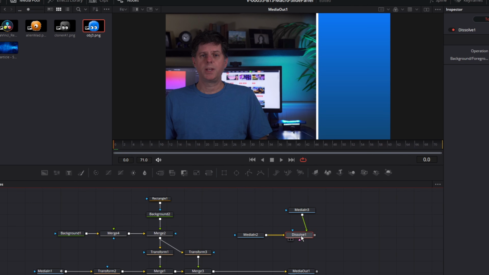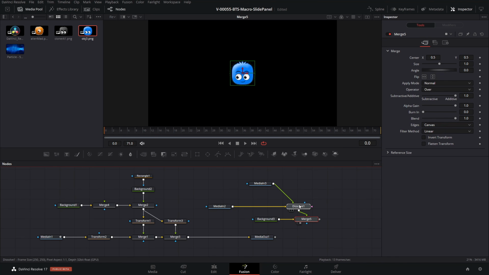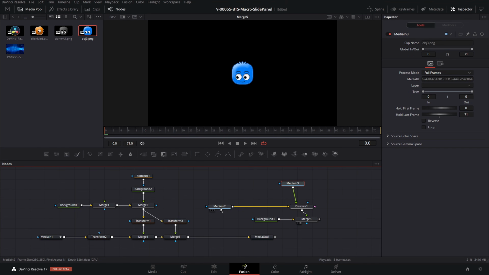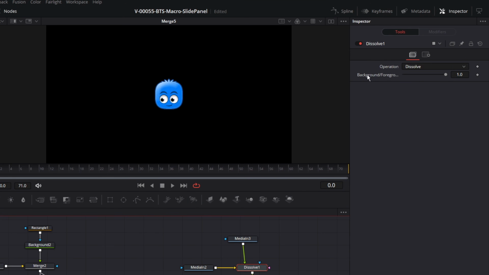And let's put that up in the viewer and put it on top of a background here. This is just a quick setup. I'm gonna delete this off in just a second, but I wanted to show you one thing here that's kind of interesting with the custom controls. With the dissolve node, you'll see that we have a background foreground and it goes from 1 blending to 0. One of the things I did is I actually used a custom control to be able to toggle this